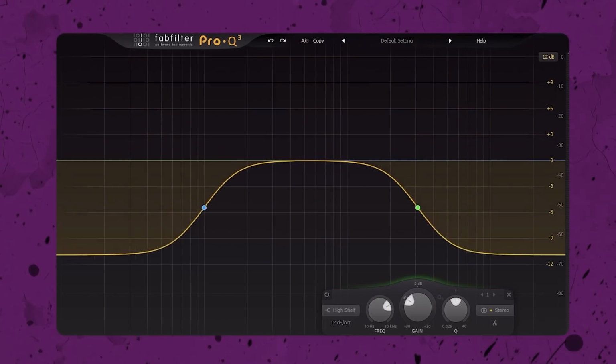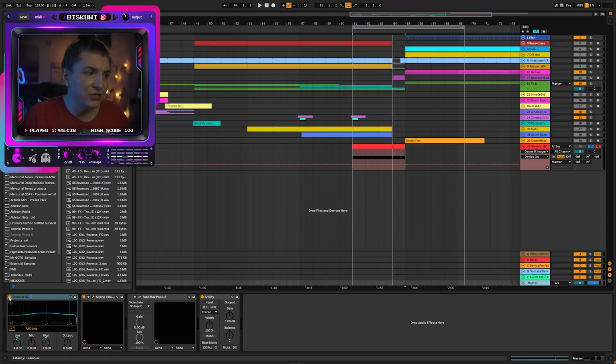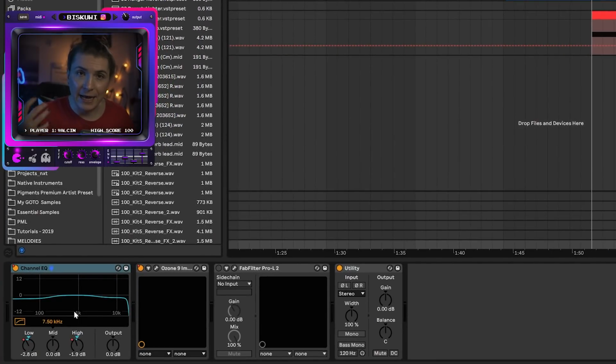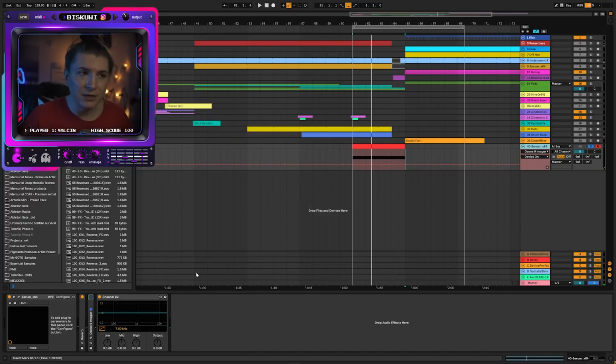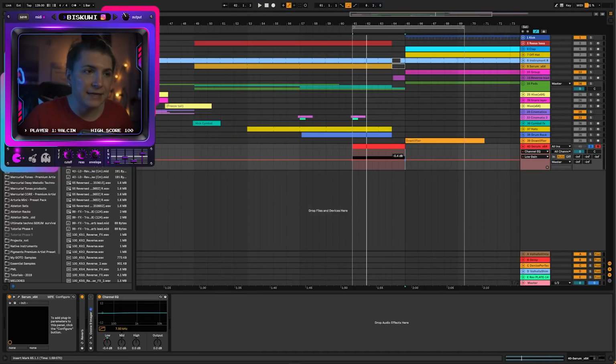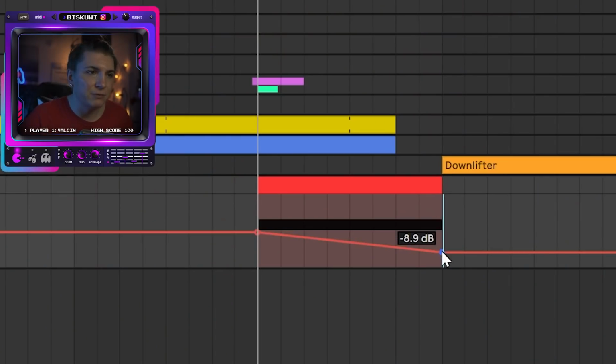The first one that I see not many people are using is EQ flaps. Here you can see on the master I have a channel EQ and both lows and highs are automated. Rather than using it on the master, I have a white noise here, just white noise with the reverb. What you often see is that the low end is gradually shelved. On the master you will often see like -3 to -6, but let's exaggerate it and put it like -8